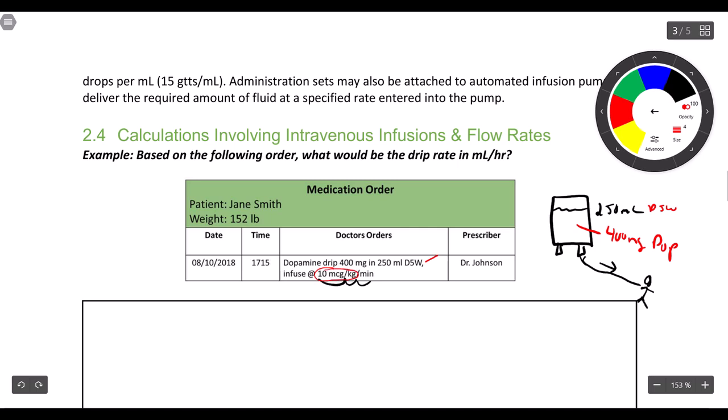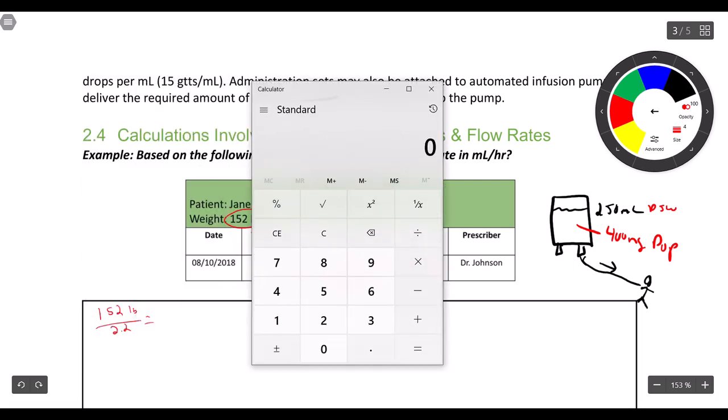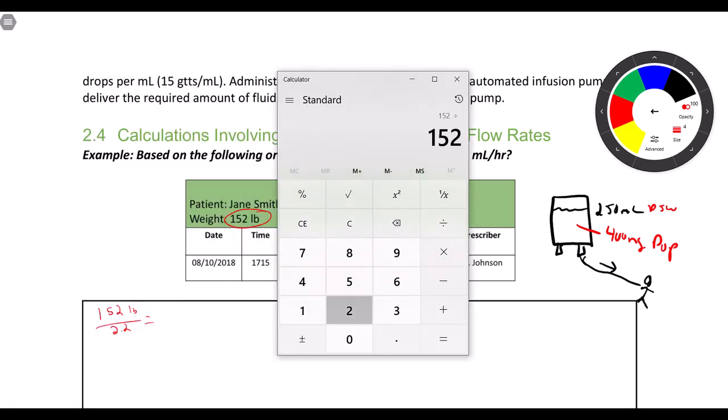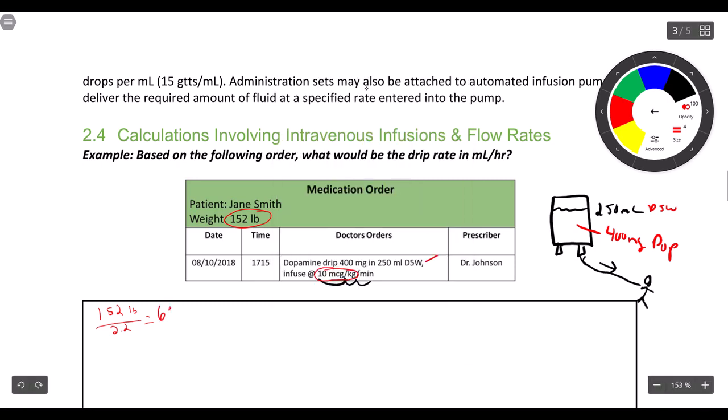So I see that the patient's weight is 152 pounds. We know immediately when we see pounds and we have to go to kilograms, we take the pounds and divide by 2.2, and we get our kilograms. If I take 152 and divide that by 2.2, I get 69.09 kg. That's the person's weight. So I've got that. Now, with that in mind, I can take this